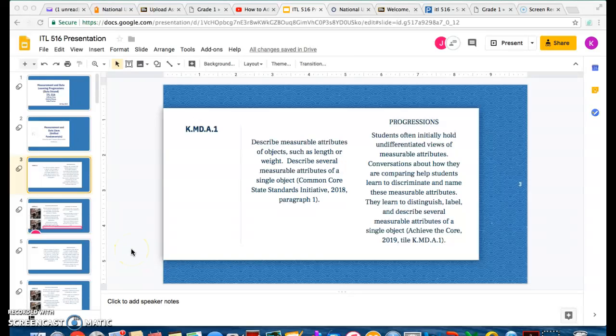Our group is presenting on measurement and data learning progression. This progression will go from kindergarten through 5th grade. We will start off with the first standard, which is